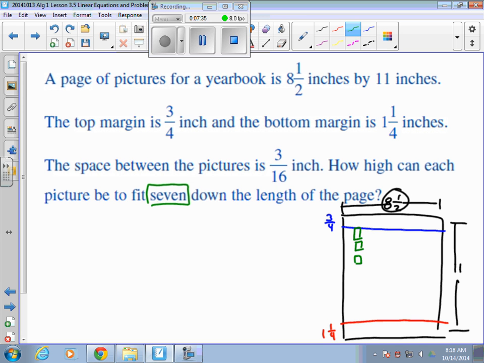2, 3, 4, 5, 6, and then 7. Something like that. That's what you should be thinking. 7 pictures. Obviously, my spacing's all jacked up right there, but we're going to assume that it's all the same. It says, how high can each picture be to fit 7 down the length of the page? So what we have is,